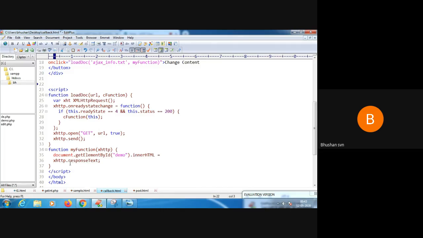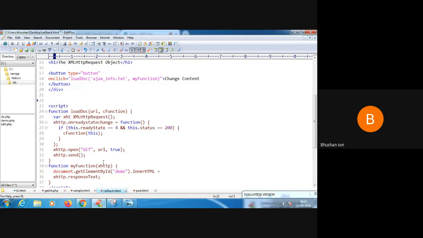And xhttp.responseText for the txt file. So here the objective is to execute one function within another function. So myFunction has something, and it will be executed simultaneously. The contents of info.txt will be displayed.